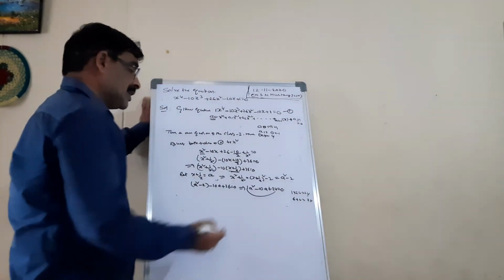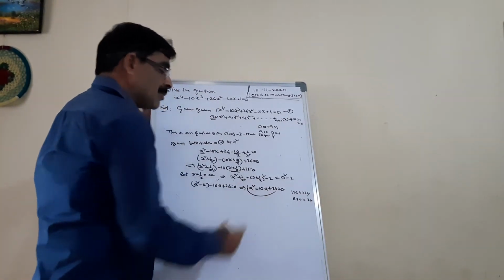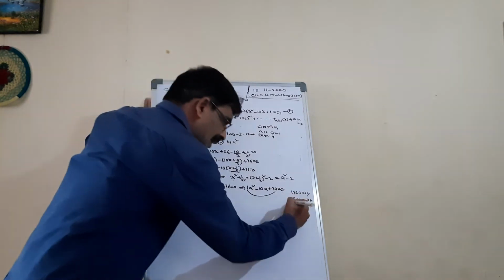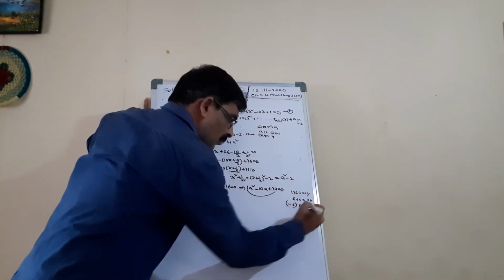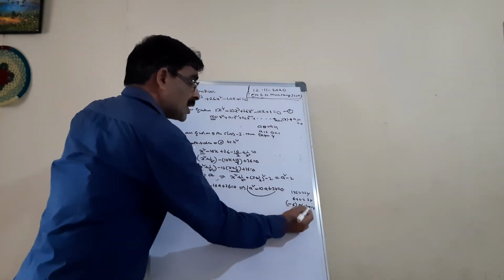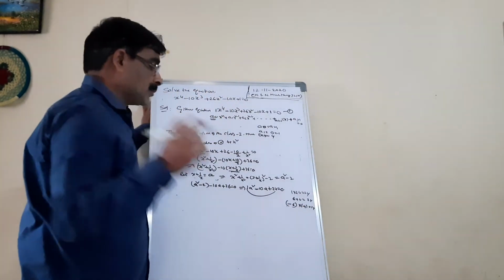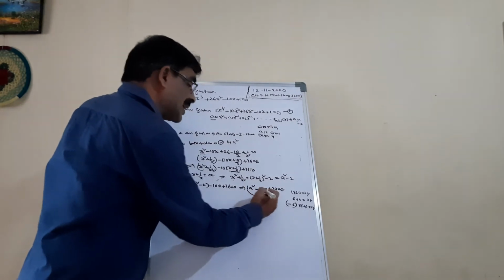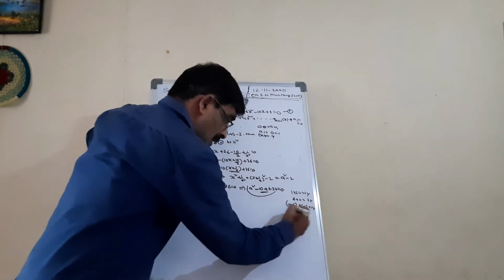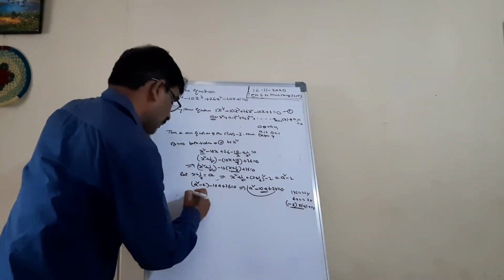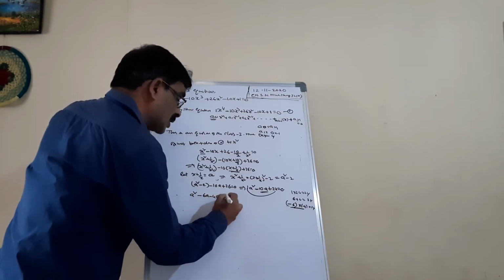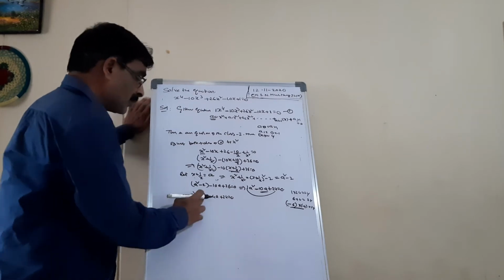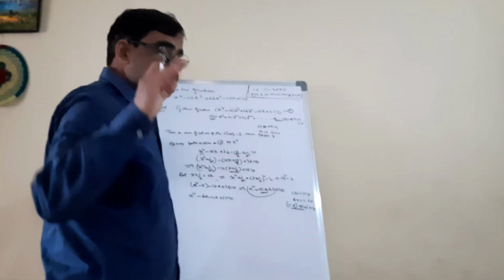Okay, see, the middle term is minus 10. Or you can write this as minus 6 into minus 4 equal to plus 24. 6 fours are 24, minus into minus is plus, no doubt. So you can write this minus 10a as the sum of these two terms. It means a square minus 6a minus 4a plus 24 equal to 0. See, minus 6 plus minus 4 is equal to minus 10.